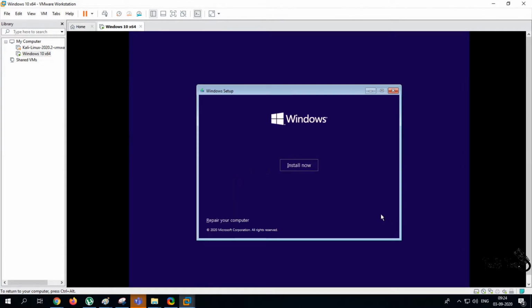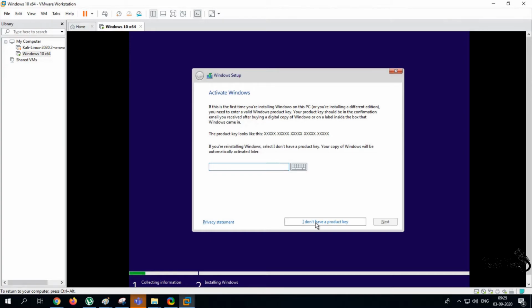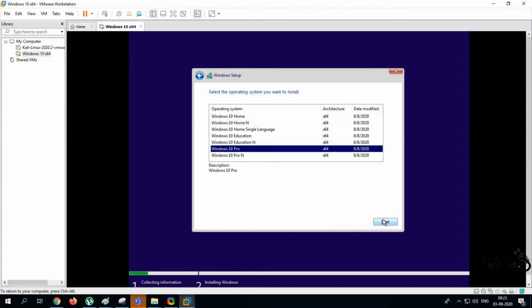Now I am going to install Windows 10 operating system. Click on Install Now. The virtual machine in front of you is a new computer, and we are proceeding with an installation of Windows operating system now. Since I do not have a license key, I am selecting the trial option and selecting the standard version.